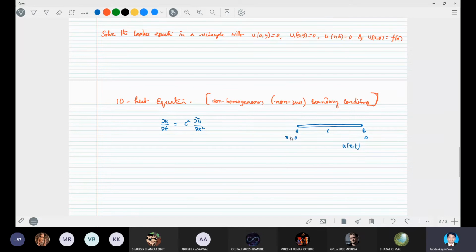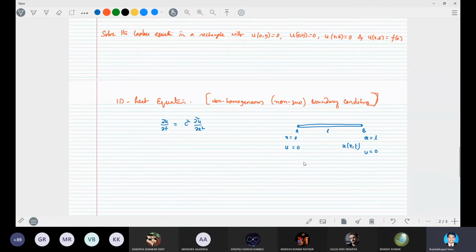So this will be at x = 0, and this will be at x = L. So you may define that u is equal to 0. I think we have seen various conditions: u = 0 at x = 0 and at x = L. The two ends are insulated, or the two ends are radiating, or the two ends are kept at 0 degrees centigrade. There are various problems we have described, right?